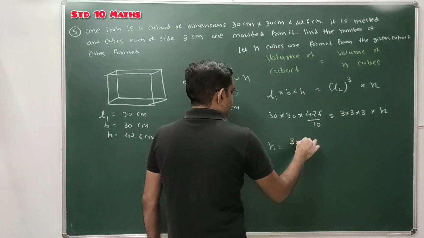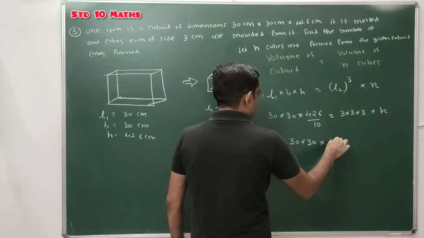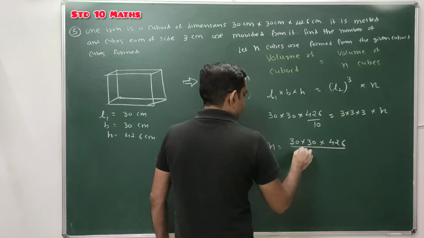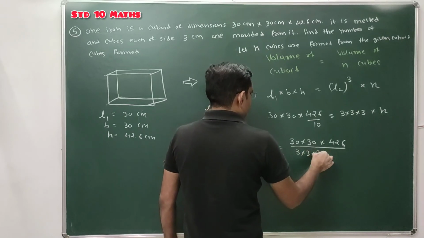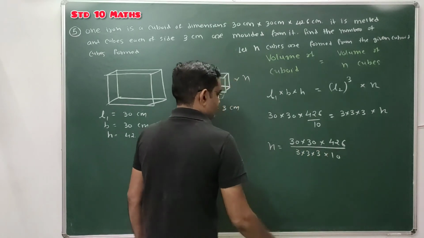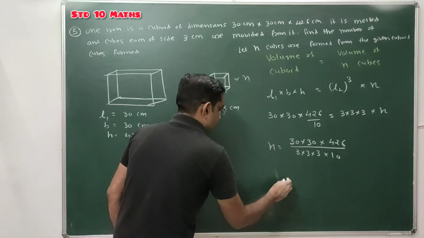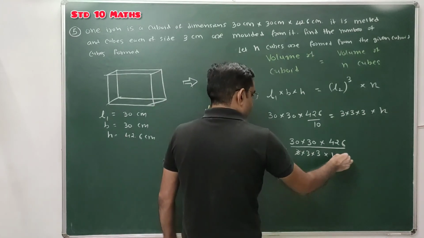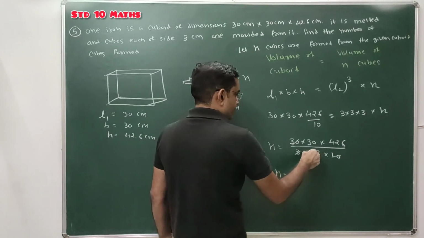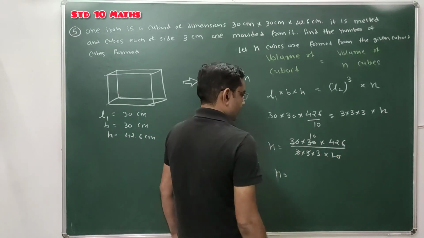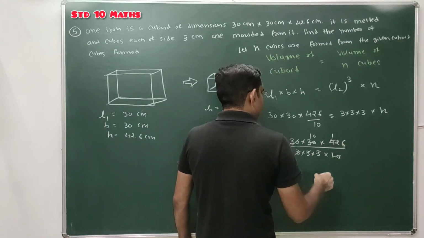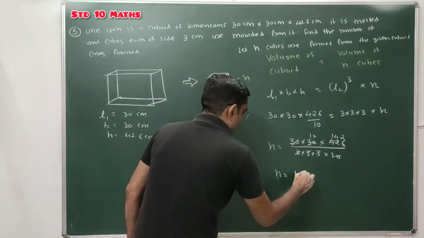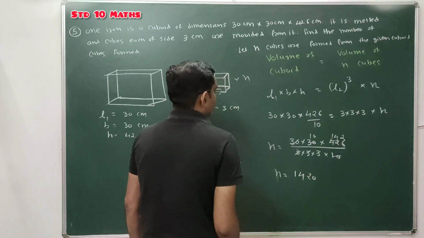So it's 30, 426 divided by 3 into 10. So here simplification: 3 tens are 30, 3 tens are 30, and this one is 3 ones are 3, 3 fours are 12, 3 twos are 6. So it's 1420 cubes,